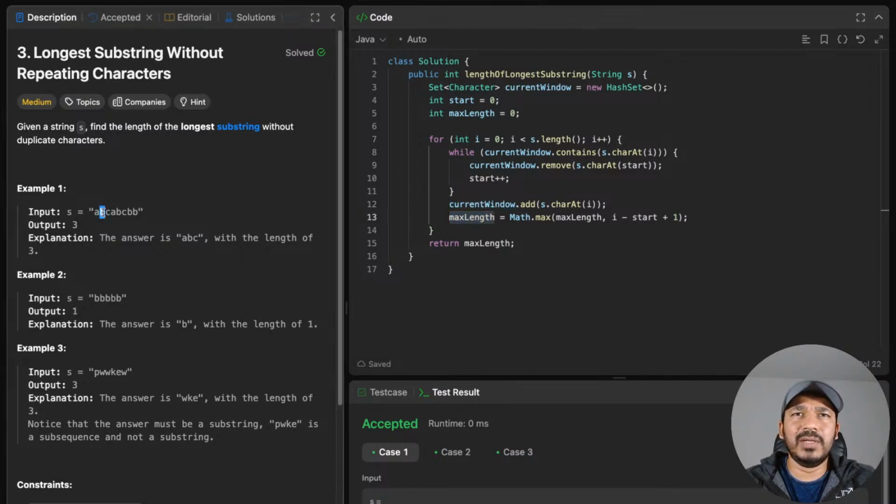And then we looked into B. B is not in the sliding window, so we added that character also to the current window, and the max window became 2. And we came across C. We added that to the window, and max length became 3. And then we came across A. We checked that it was already present in the window. So here we have been checking, while current window dot contains s dot charAt i. Yes, it contains. So we have to